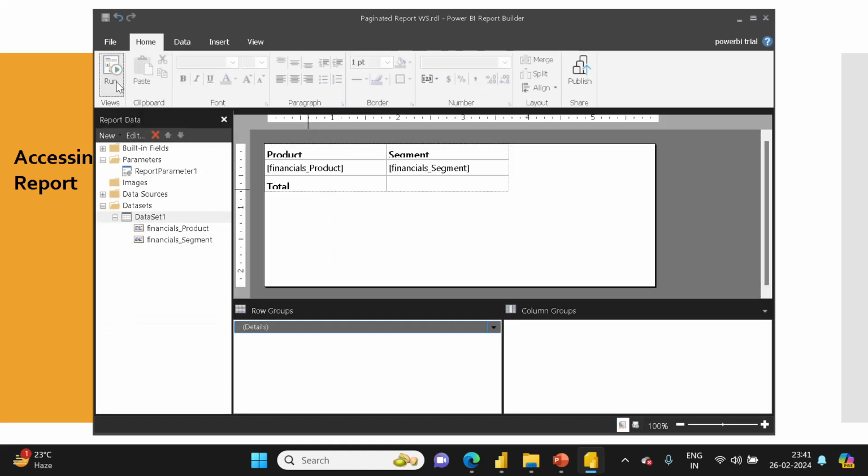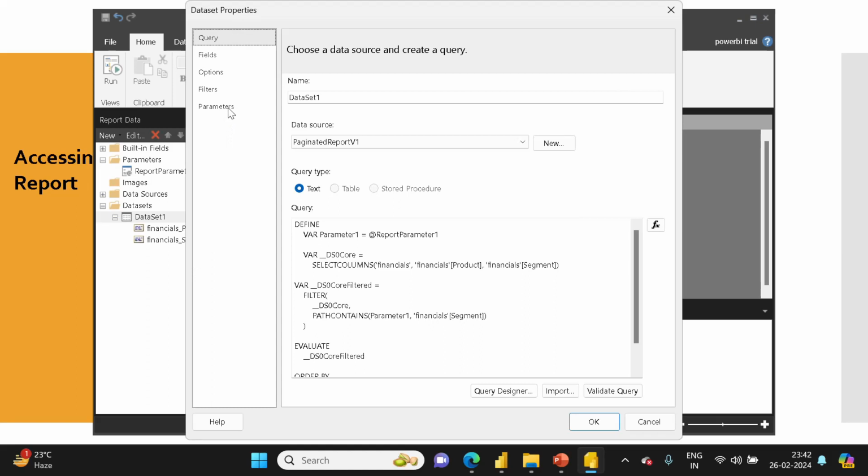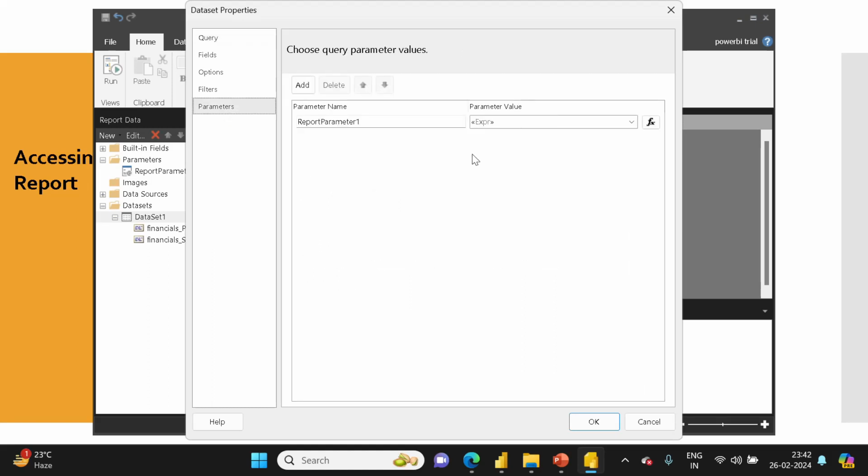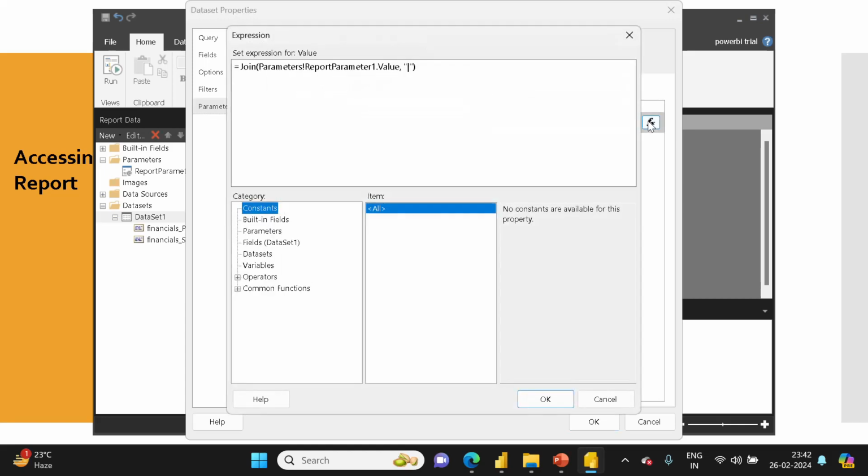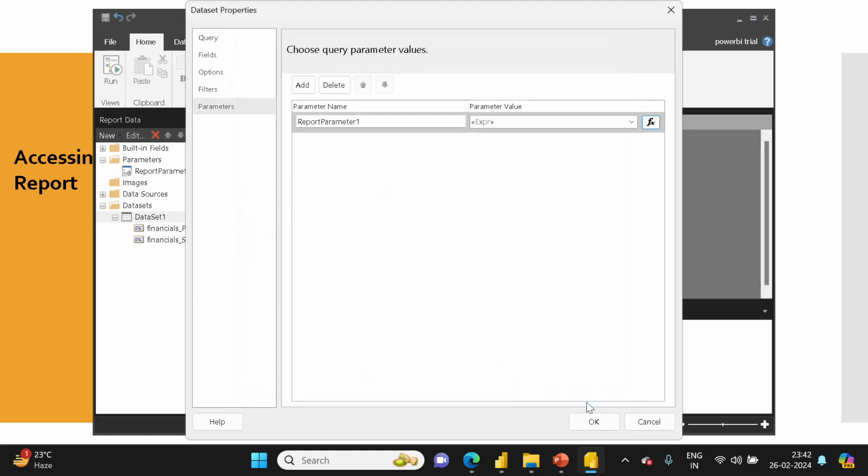Now the important point for the multiple parameter, as I am not explaining the previous slide, let me explain it again. For multiple parameter, you have to go to parameters, and in parameter value, you have to write this expression. You have to join the parameters with a pipe symbol, or symbol. And once you finish this step,